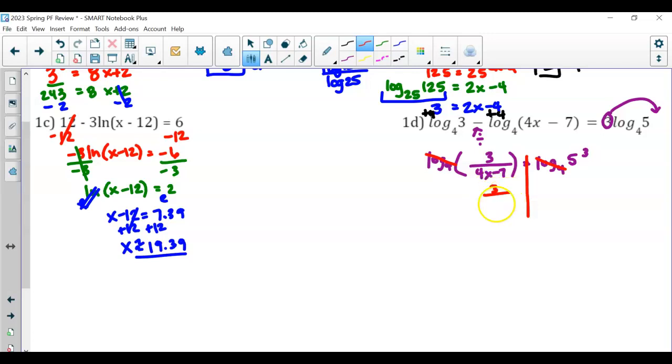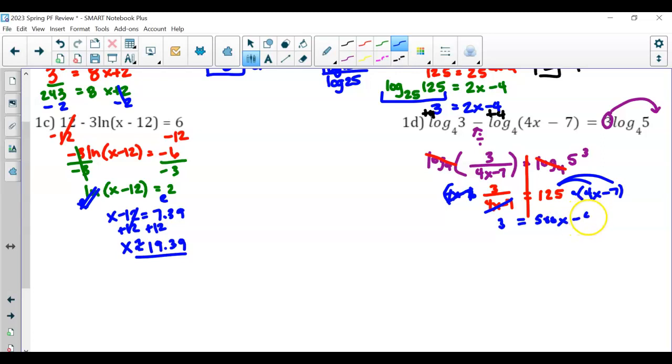And I've got 3 over 4x minus 7, which is equal to, well, that's just 5 to the third power, which is 125. Now we can go through here and solve for x. Now, we're dividing by 4x minus 7. So let's just go ahead and multiply both sides by 4x minus 7 here. So now this cancels out and you're just left with 3, which is equal to, now distribute, multiply the 125 to both the 4x and negative 7. So here you should get 500x